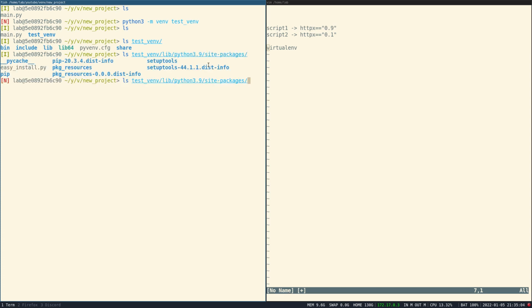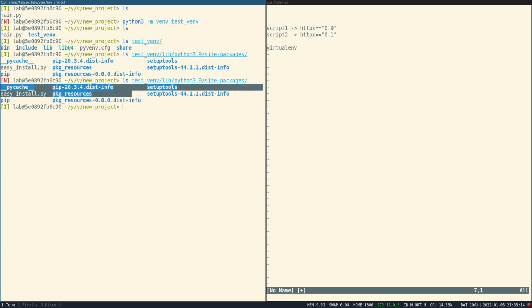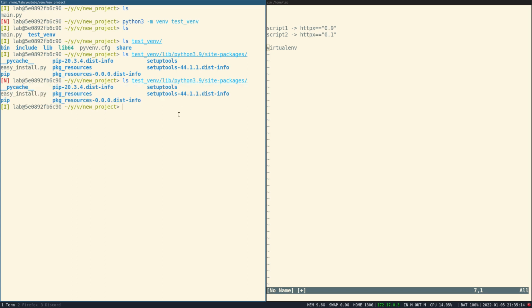If we go inside this particular directory in the venv, it shows me what libraries are currently there, but I want to install HTTPX here. Again, let me take a look at my current HTTPX version.